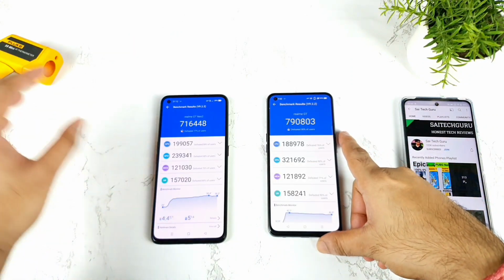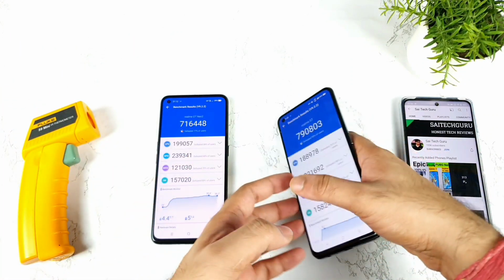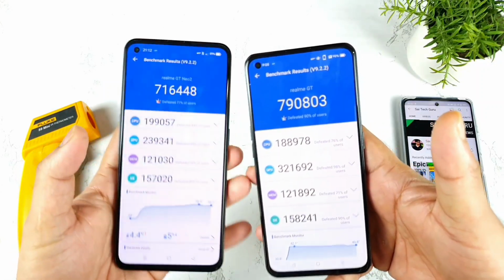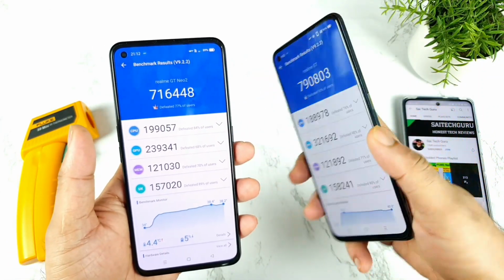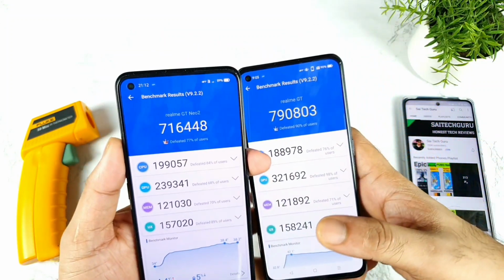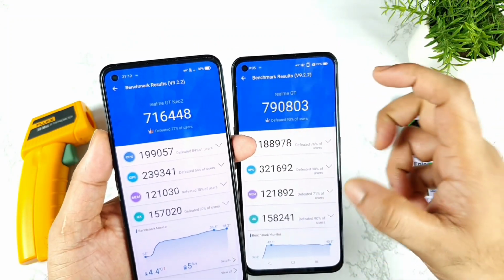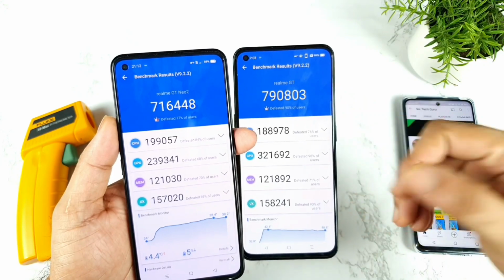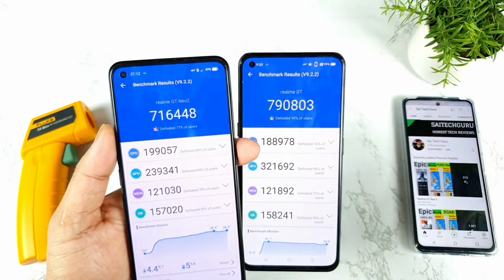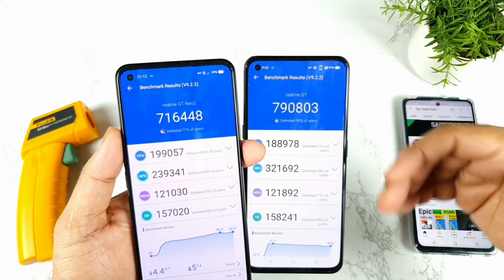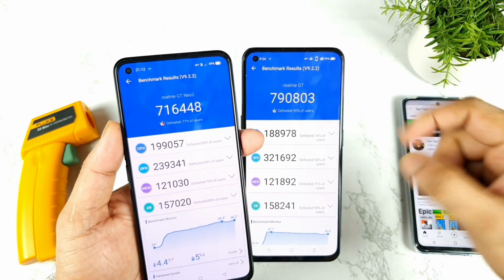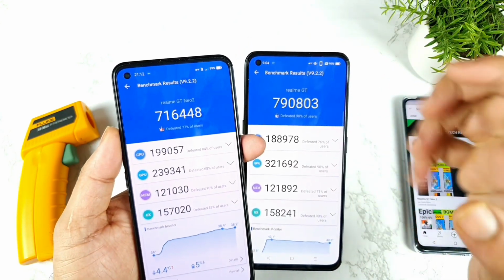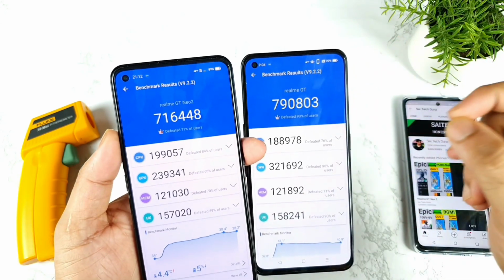So finally friends, we got the benchmark test results for both phones, using the latest version 9.2.2, and using the GT mode, you can clearly see. And we got the results in the Realme GT. For some reason the score decreased overall. As you can see clearly, it went up to 7,90,000. So usually the phone will be having above 8 lakhs every time whenever I try to do the benchmark test in this phone. If you watch my previous videos, you will definitely have that kind of idea. But right now it went below 8 lakhs during this demonstration, you can clearly see.